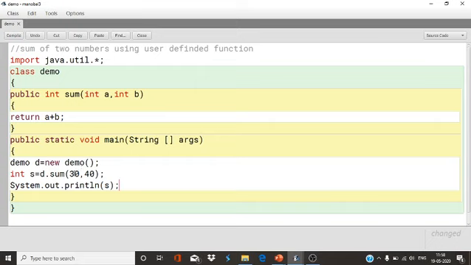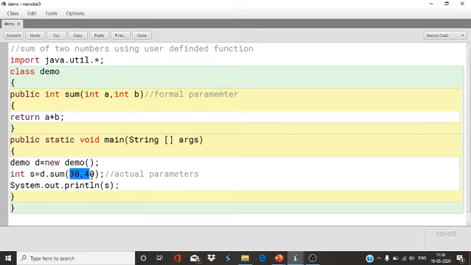Now see, this is the actual parameter, and this one is the formal parameter. I told you the formal parameter is used at the time of declaring the function and actual parameter is used at the time of calling the function. So this one is the declaration of the function and this one is the calling of the function.